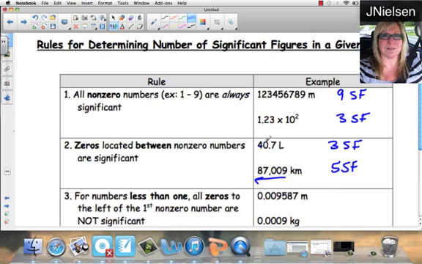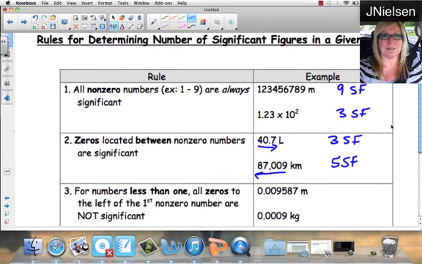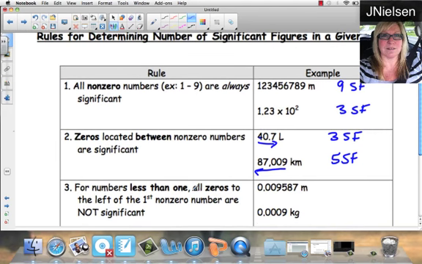I go to the left, I find the first non-zero digit, count it, and everything after it, 3. For numbers less than 1, all zeros to the left of the first non-zero number are not significant. So this is less than 1. All these zeros to the left of the first non-zero digit are insignificant, so this is going to be 4